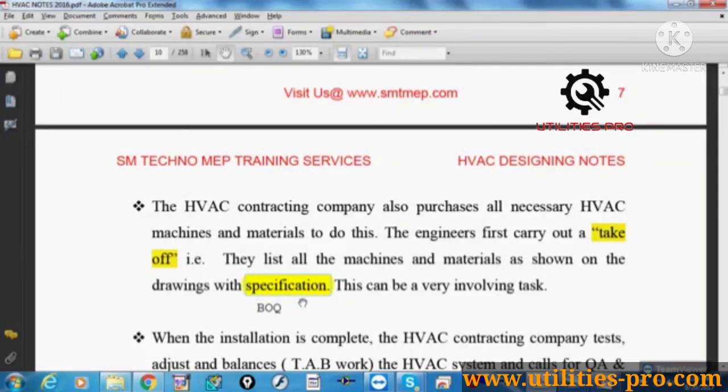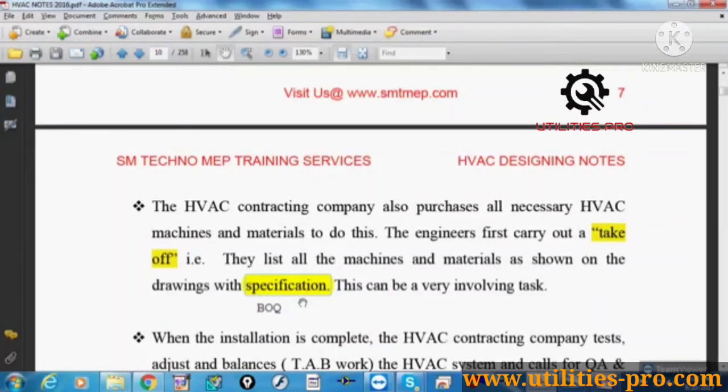But by mistake, the contracting company used red oxide on the duct. Actually, we don't require red oxide or black paint on the duct, because we are using GI sheet, so it already has a galvanized coating. But it's a consultant requirement. At the time of QC, the quality check, they removed some insulation and checked. It was red oxide, and they rejected the complete ducting. So: loss of insulation, loss of ducting, loss of material, a lot of fabrication cost. It's a matter of lakhs or crores.